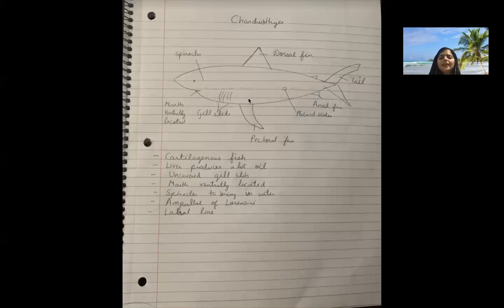Okay, and then the last thing I would mention is the ampullae of Lorenzini. These are special structures on the body of these animals, due to which they can sense electrical signals. For example, whenever something moves, the muscles of any animal generate electric signals, and the ampullae of Lorenzini help sharks to sense those mild electric signals, so they can sense if some animal is around them even without watching them.